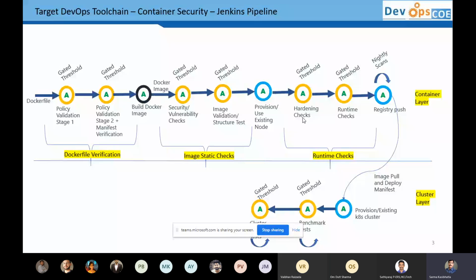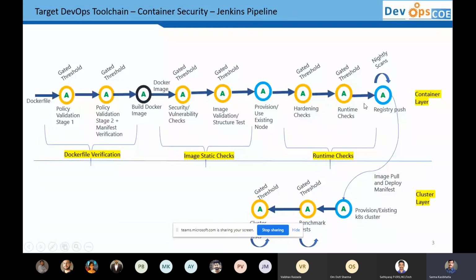So there are some hardening checks that it runs on this particular environment. You mimic a kind of customer environment where you have a node and a Docker container running in it. This runs various tests that check the hardening of the host as well as your container, like whether it is using anything on the root, or making any calls to the kernel which it is not allowed to do.